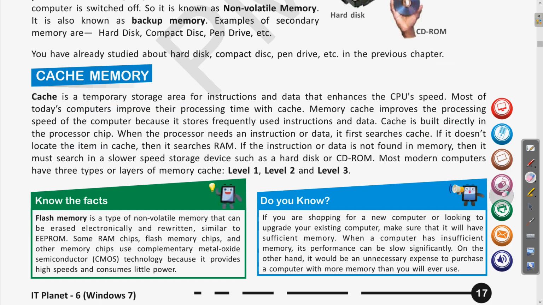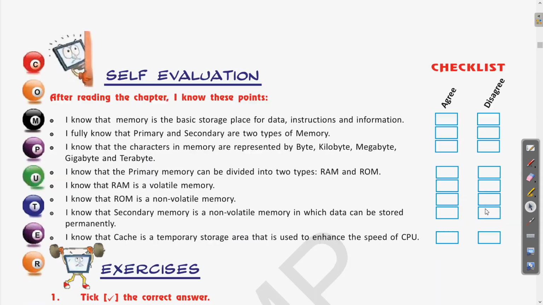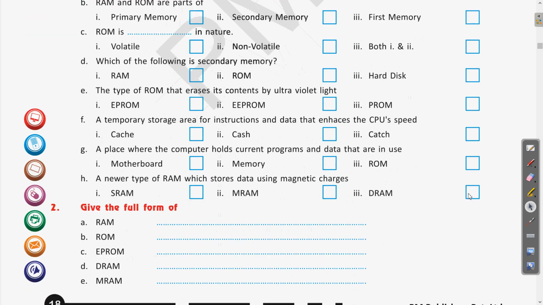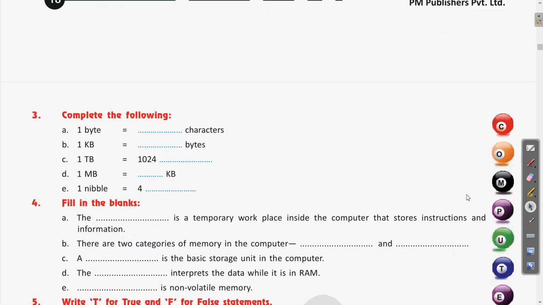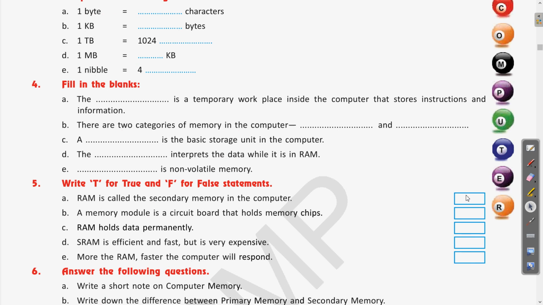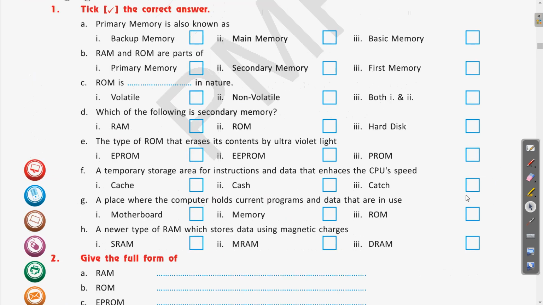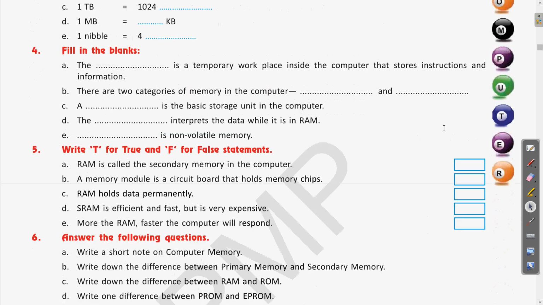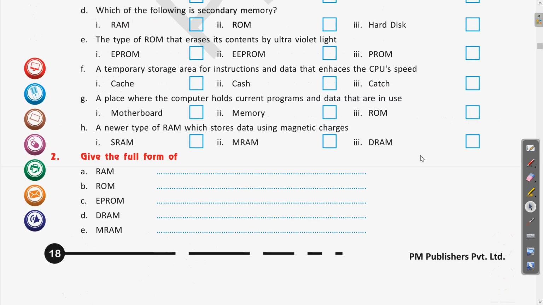Let us erase this. So for the coming days, what will be the homework for today? You can do the tick the correct option questions, full forms, and these till the fifth question also. Yes, you can try question number 1 to 5, and complete this first in the book itself. And when we discuss these questions in the next class, after the answers are confirmed and you get them correct, and if there is any mistake, you can correct it as well. So after that only you will write these in the copies.